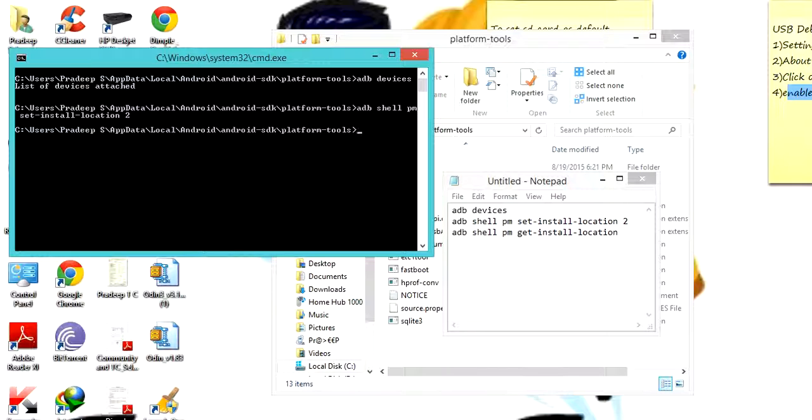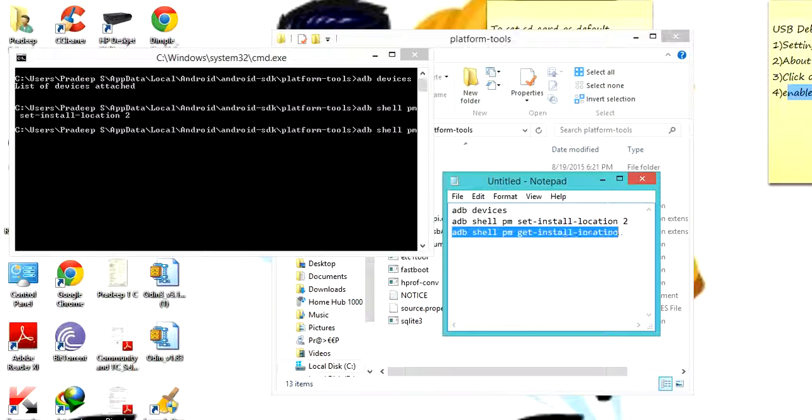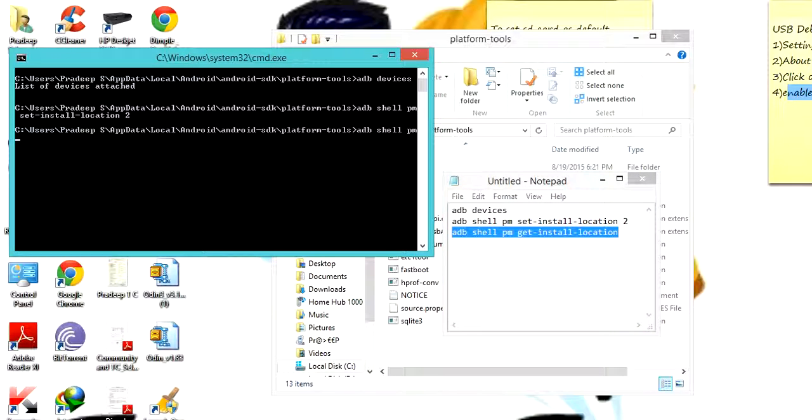If whatever you entered is correct, then it won't show any error. Then what you have to do is type adb shell pm.